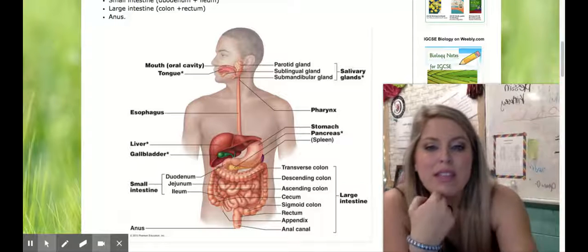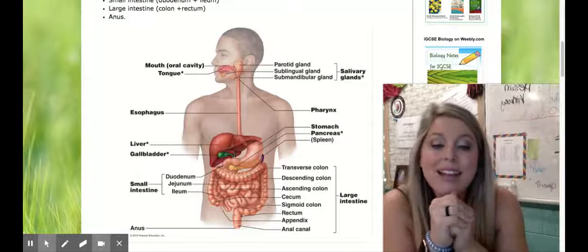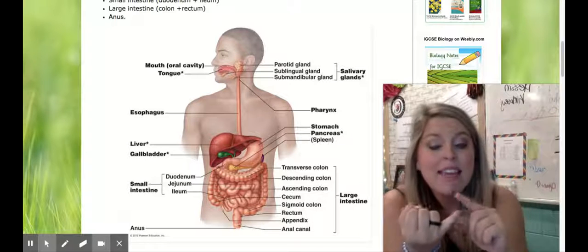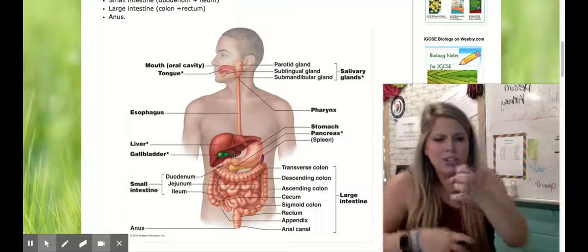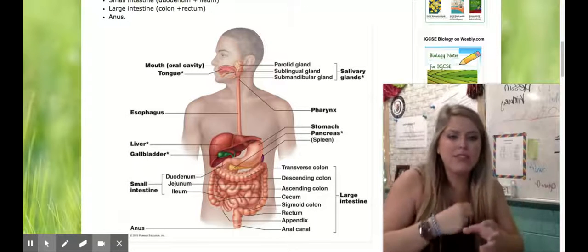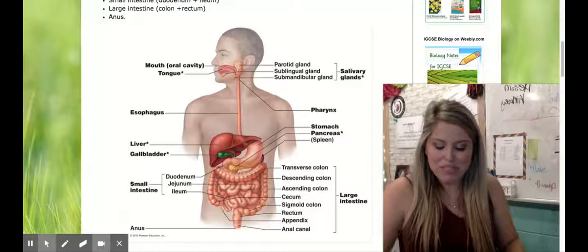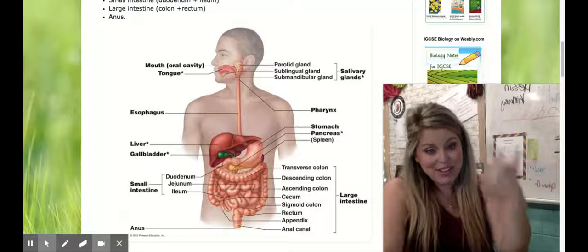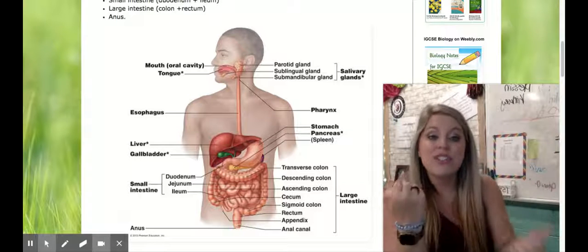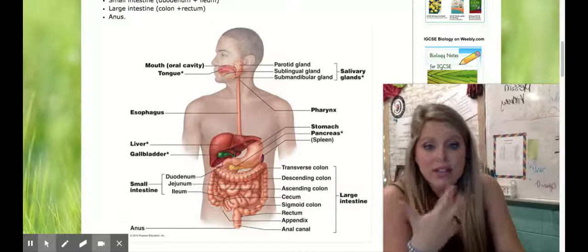So we move from the pharynx to the esophagus, down into the stomach. Now, your stomach is similar to the mouth in that it performs both mechanical and chemical digestion. So your stomach can churn and mix the food around. You've probably heard your stomach rumbling. That's from those muscle movements, churning. And then it's going to mix acid and a few different enzymes together to go ahead and start breaking down that food in the form of chemical digestion.